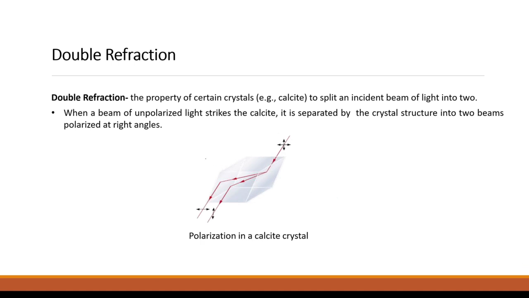So the first is double refraction, the property of certain crystals like calcite being able to split an incident beam of light into 2 beams. When a beam of unpolarized light strikes the calcite, it is separated by the crystal structure into 2 beams polarized at right angles. So we have the incident beam coming in. Notice the unpolarized light with all the directions,